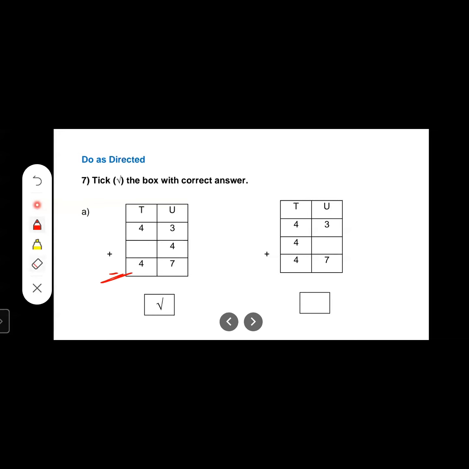Now see the second box. This box we have done. See the second box over here. Where is 4 written? 43 here they have written. In the tens place 4 and in the units place 3. But just now I told you, this 4, I am talking about this one. This is a single digit number. So place value of one number will be units. So this 4 should be over here. But they have written it over here. So this is wrong. Understood? This is wrong and this is correct.